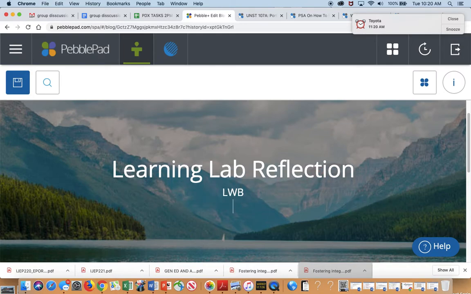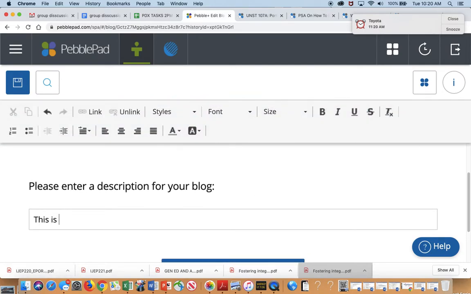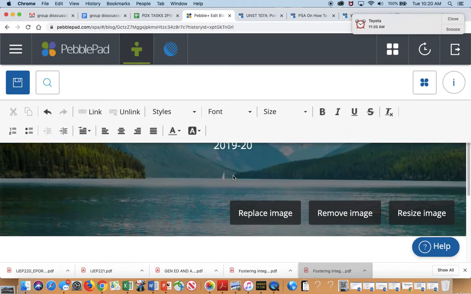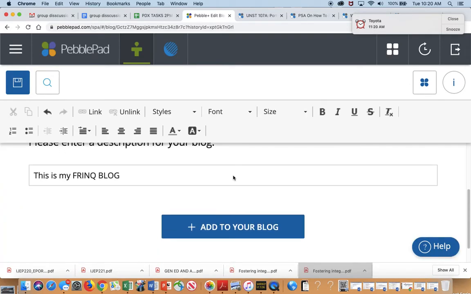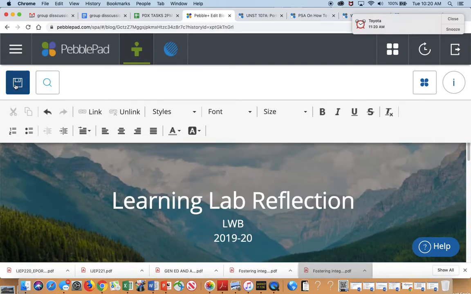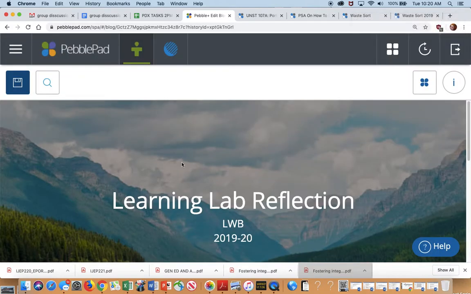I'm just going to put my initials in here and put a date. Okay, so the description of my blog. This is my Frank blog. Okay, cool. And right at this point, I want to already save it because I made the frame for the blog shell that I'm going to add posts to. Okay,